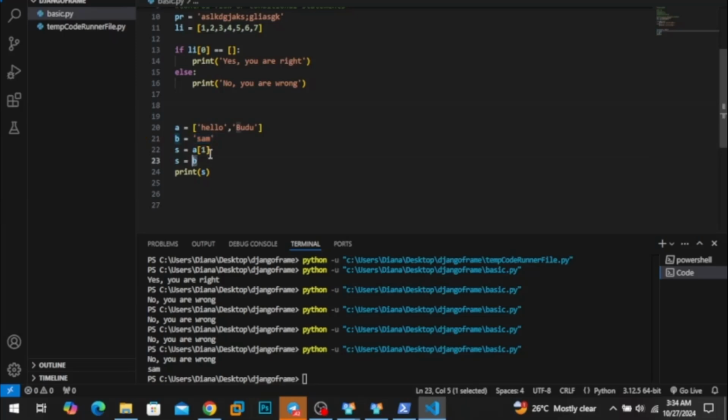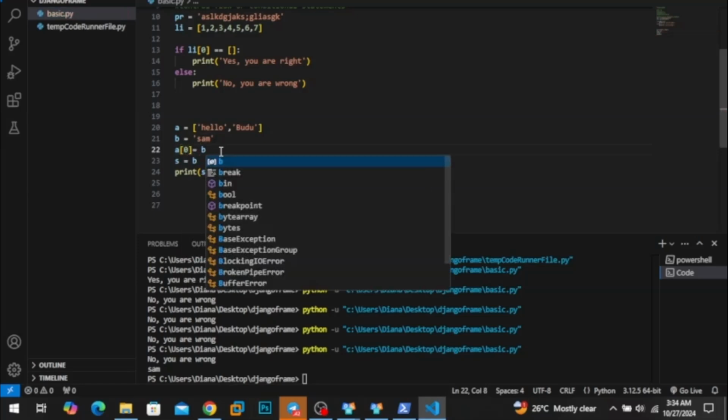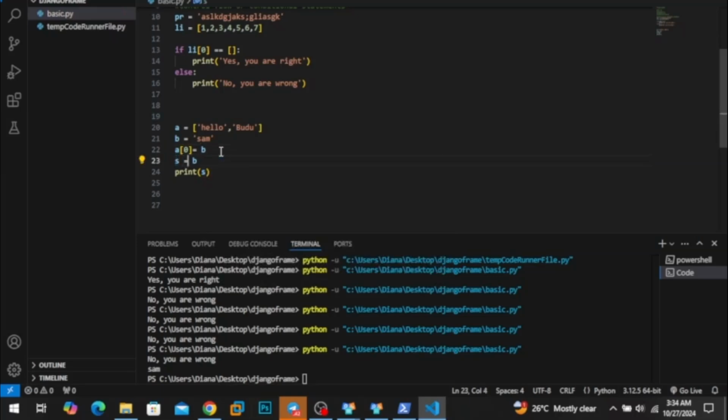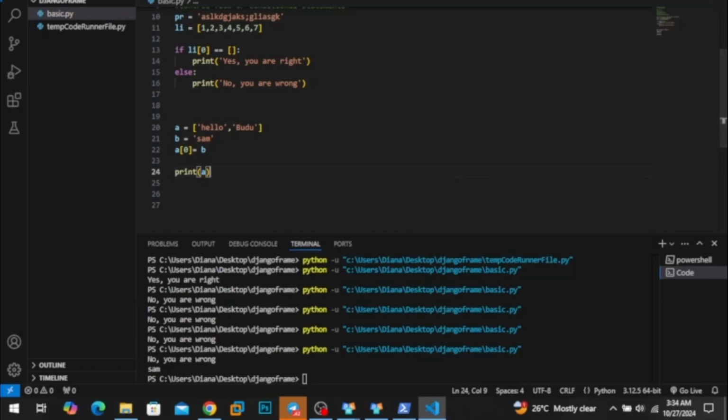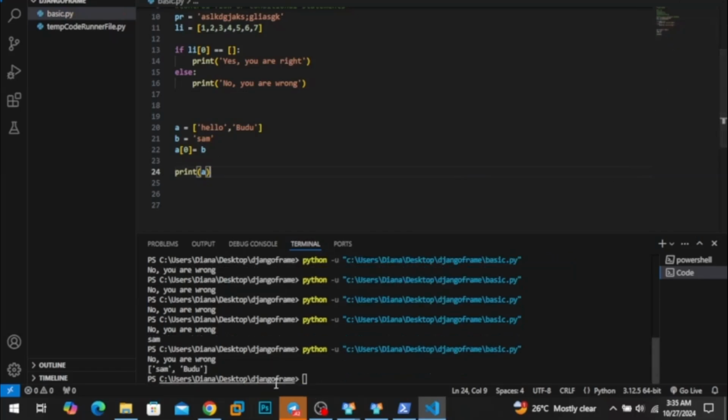So let us really try what I said here. So Sam like this, and let's say A index of 0 is equal to B. So let us print A and see this way. I think the error comes. Oops. So Python skips this side and gives us A straight ahead, meaning